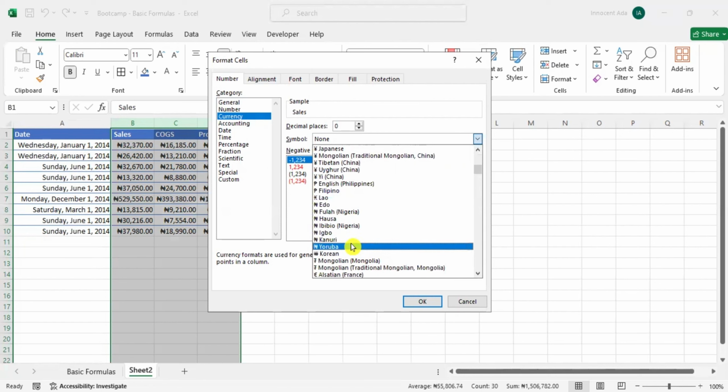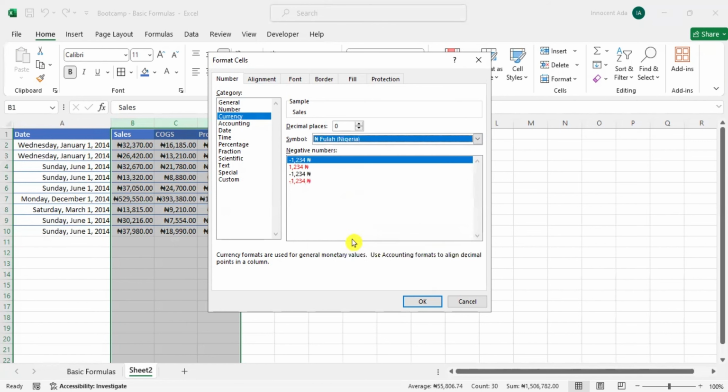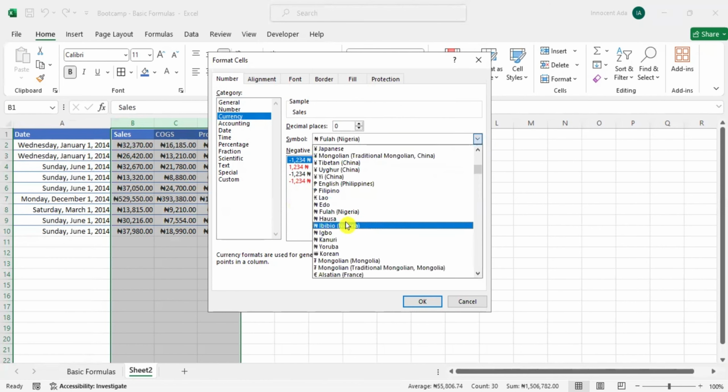So one thing I've discovered is the basic arrangement. So this is the Naira, right? Let's see how it's currently on the Igbo Naira. Let's see how the Fula Naira is arranged. When we click the Fula Naira, you see that the Naira sign is after the figure, right? Okay, we have this, then the Naira. Look at it here in the preview window. But if you pick the Hausa